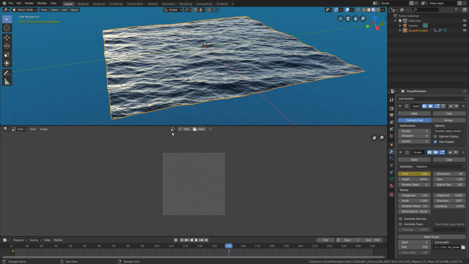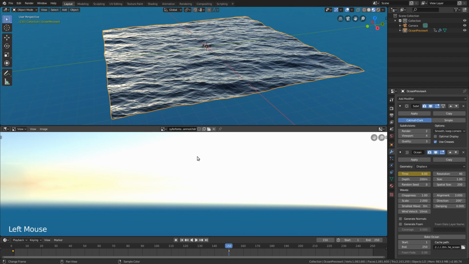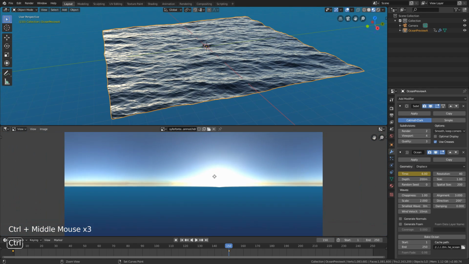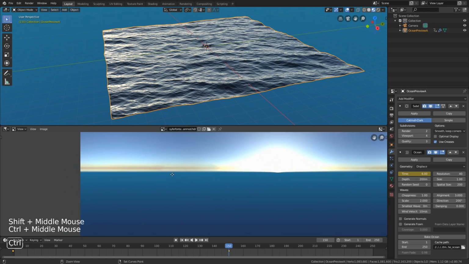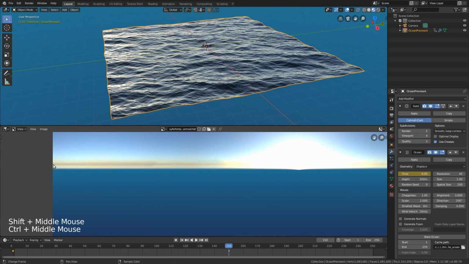So we'll just switch this to an image editor here and load up the image. A couple of things you'll notice. What I first did was take the whole sky and just flip it. This adds a little bit of sky below the horizon, because sometimes when you're making these ocean effects for optimization purposes, you might not want to have to render all the way out to the horizon. So having just a little bit of sky underneath the horizon in the HDR helps us to cheat things